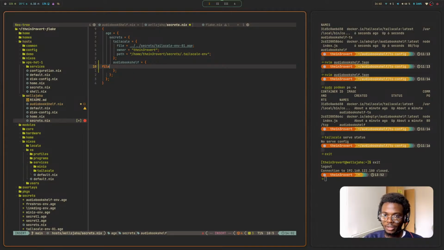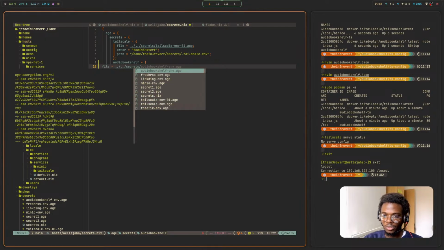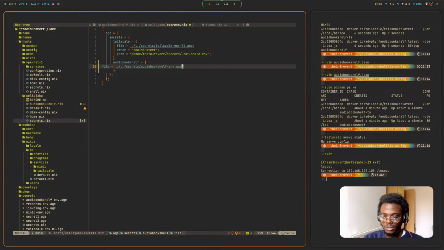So this would basically be the path to the secret, the encrypted key. Secrets, and then it was audio bookshelf, and then this would be the owner of the key, which in my case would be the user, and